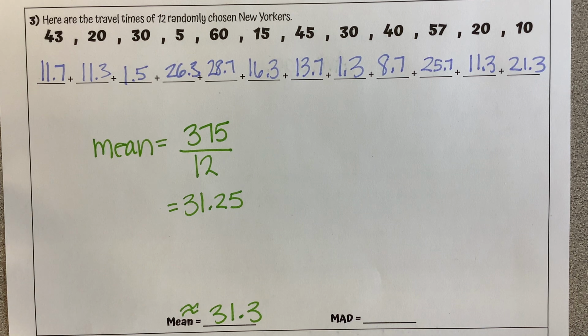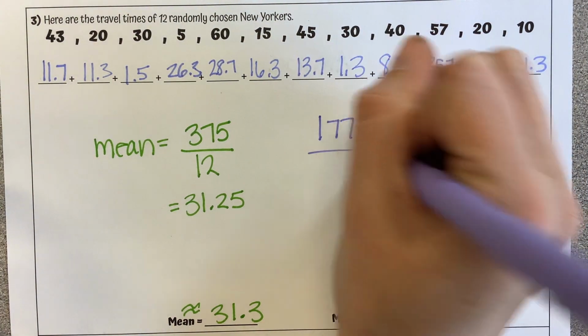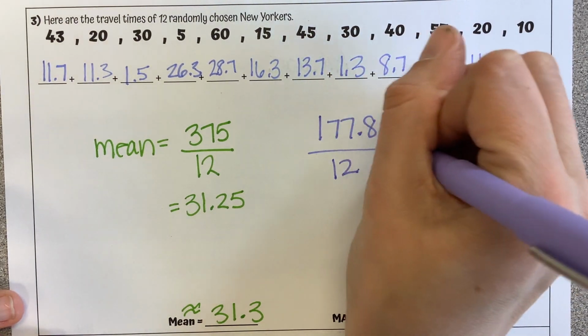I'm going to add them up. 11.7 plus 11.3 plus 1.5 plus 26.3 plus 28.7 plus 16.3 plus 13.7 plus 1.3 plus 8.7 plus 25.7 plus 11.3 and 21.3, which gives us 177.8 divided by those 12 numbers